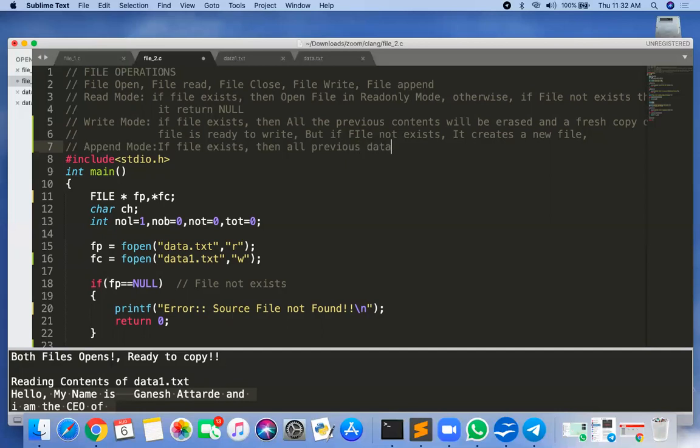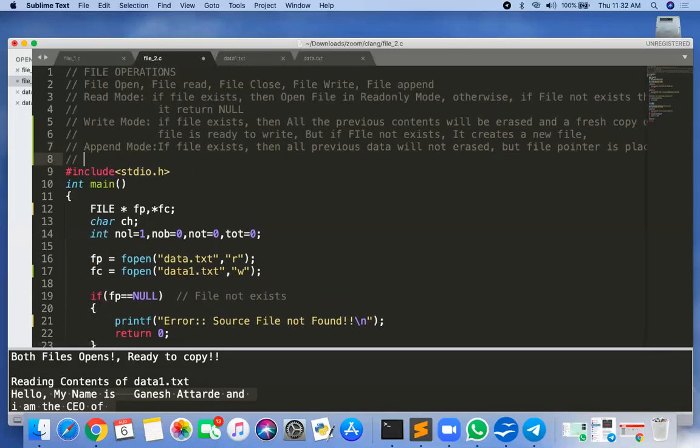All the previous data will not be erased, but the file pointer fp is placed at the last character of the file.